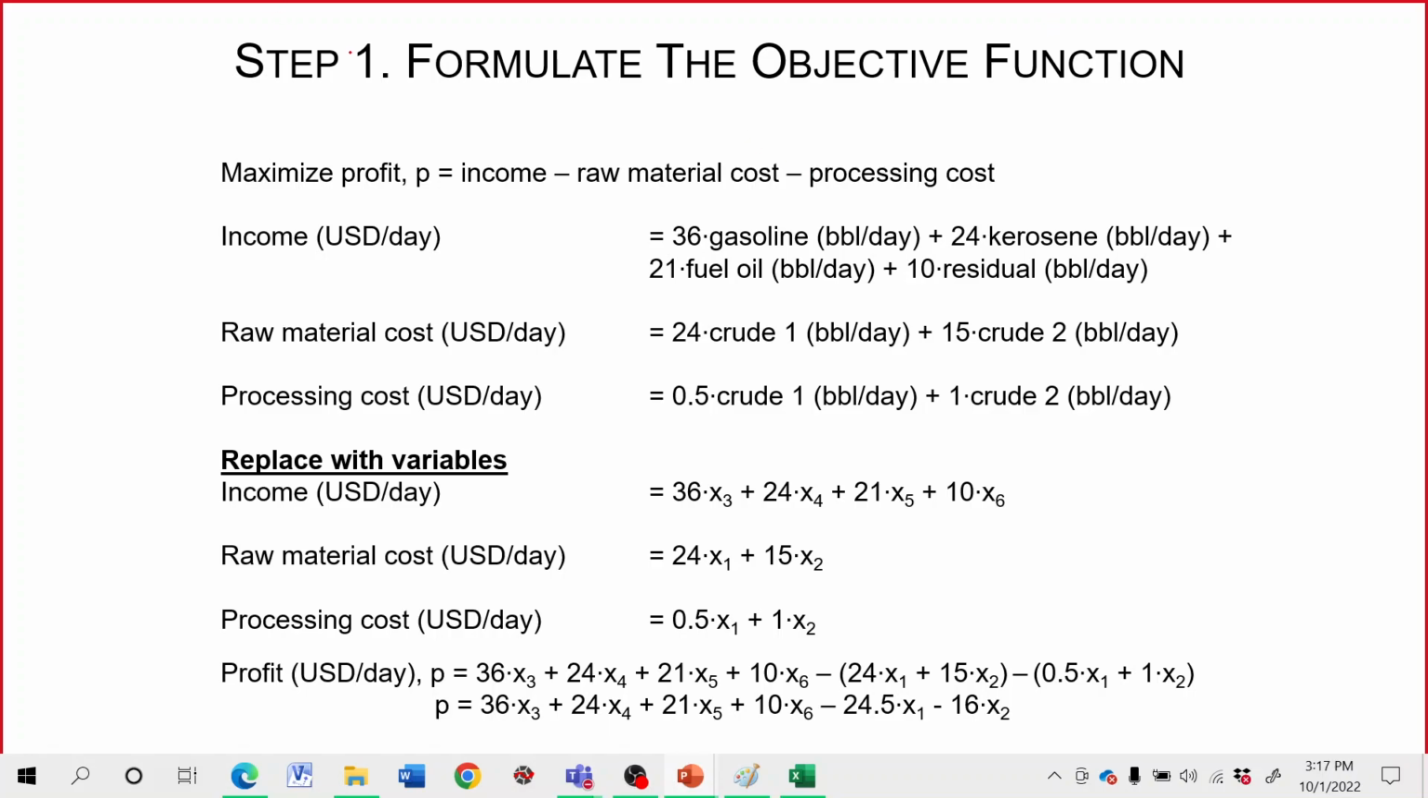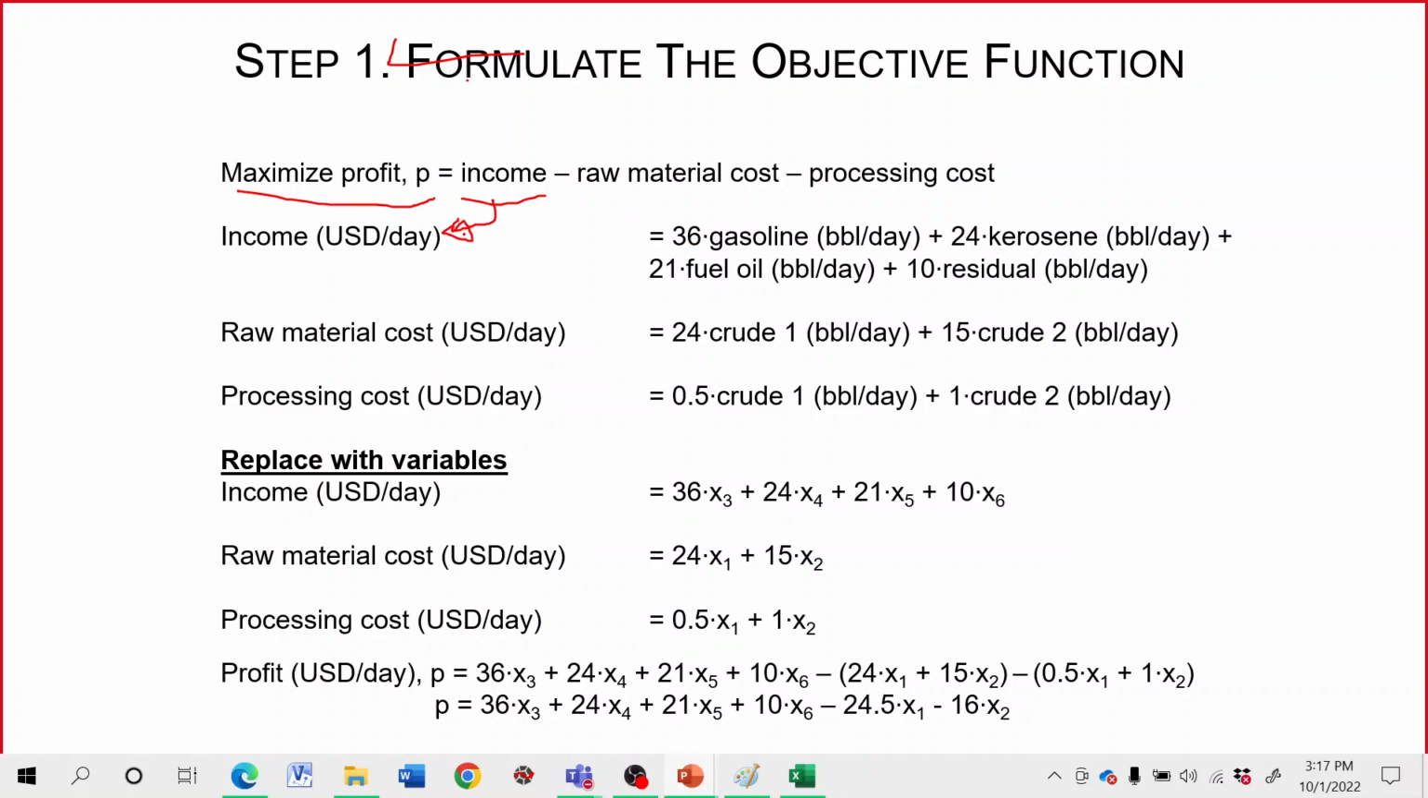We want to maximize the profit, which is P, the profit. So again, it's the same: the income, the product sales, minus the raw material cost, minus the processing cost. That's as simple as you can get. I mean, this is the only thing. And then this income is